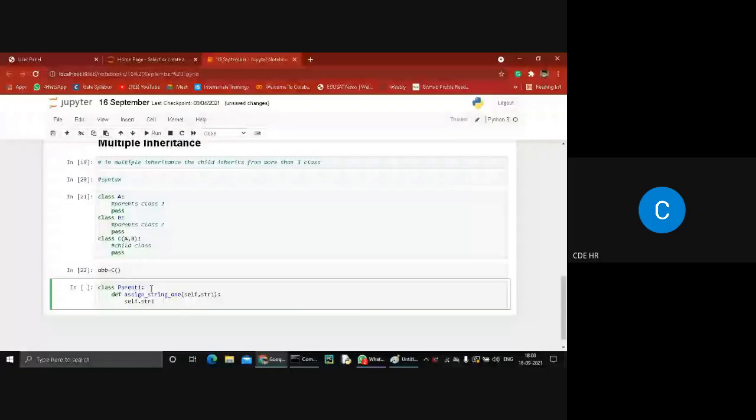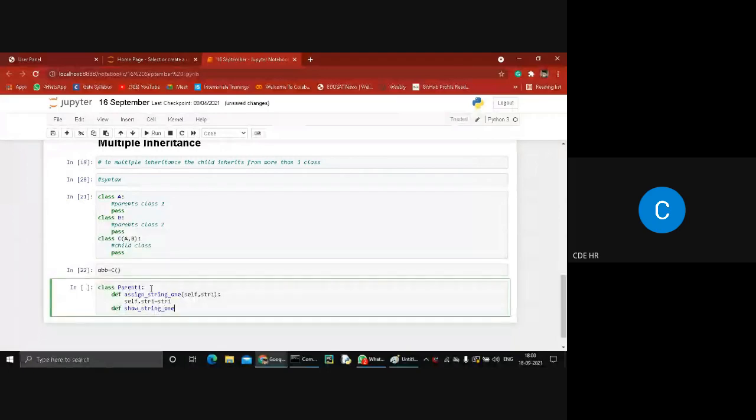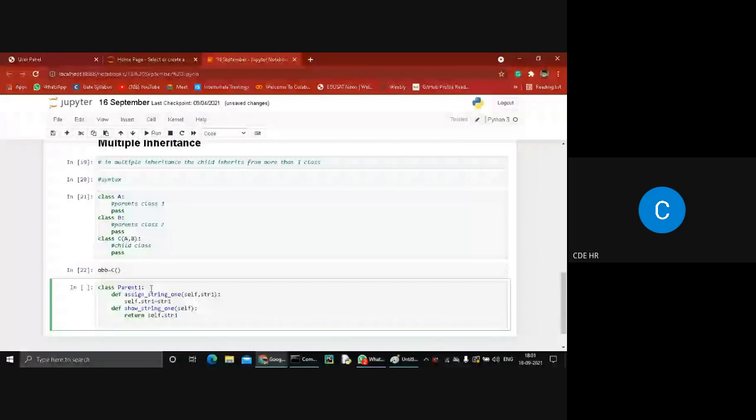Then the next function, show string 1, contains one argument, and in this function you have to return self.str1.